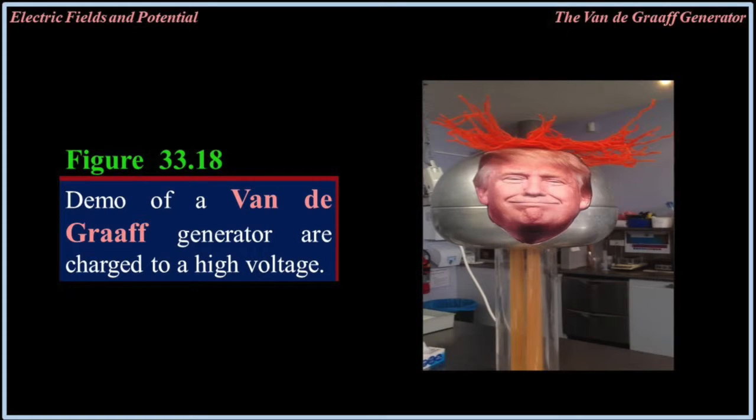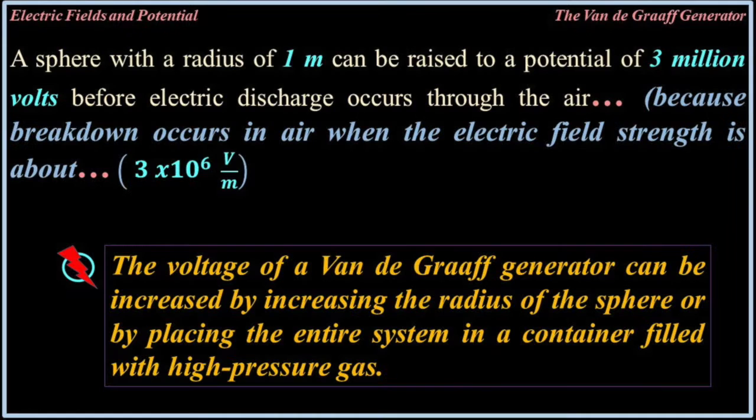Figure 33.18, demo of a Van de Graaff generator charged to a high voltage. A sphere with a radius of 1 meter can be raised to a potential of 3 million volts before electric discharge occurs through the air, because breakdown occurs in air when the electric field strength is about 3 million volts per meter. The voltage of a Van de Graaff generator can be increased by increasing the radius of the sphere